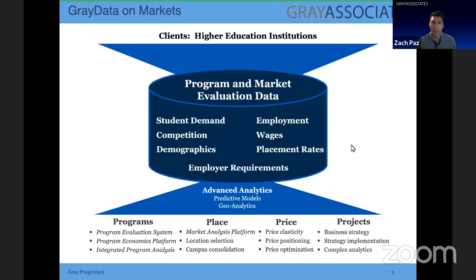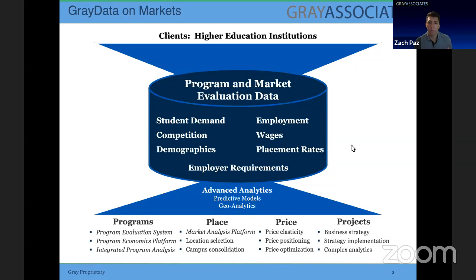as well as where to locate, not only where you should locate on your campus, potentially, and later in the presentation, we'll show one example of how location may be a big factor, but also marketing, understanding where you could get the largest return on your investment in marketing dollars. Some other items we've helped out on are price, understanding and optimizing your value proposition, understanding what you should price your programs at, who you're competing with, and really, again, optimizing your value proposition for students.